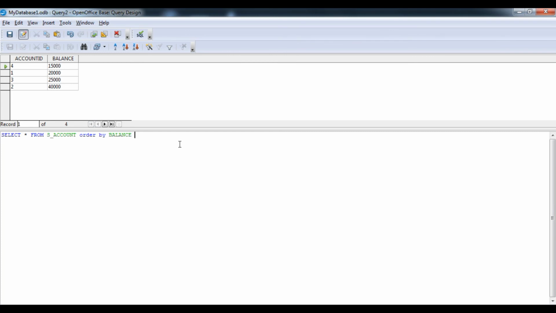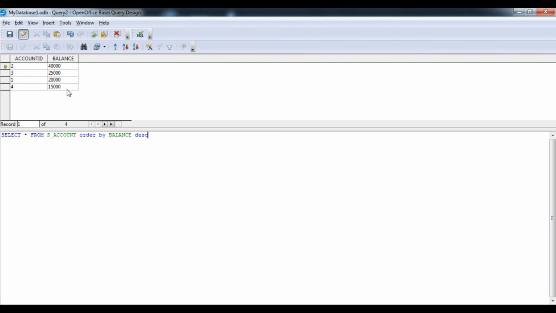By default it is ascending order. Now for descending order, DESC, you can see 40,000, 25,000, 20,000, 15,000.